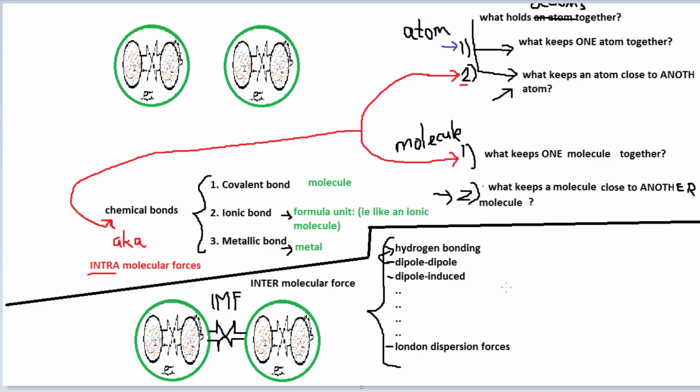But the point is, the way you decide from this huge list which one you want to talk about is that you think about this picture of two molecules with an intermolecular force between them. And you ask yourself, what type of molecule is this? Is it polar or is it non-polar? Then if you want to check for hydrogen bonding, you have to ask a few more questions about the molecule. But that's what an IMF is. It's part of this entire story where at each stage there's a picture. Okay, I hope that made sense.